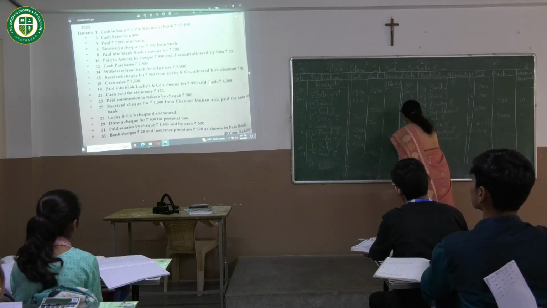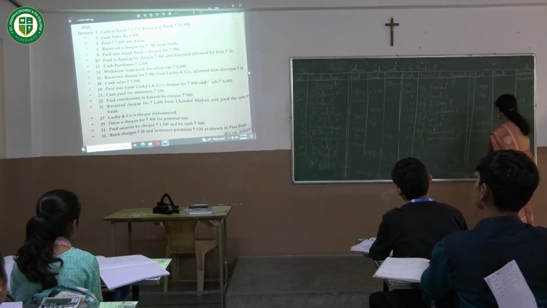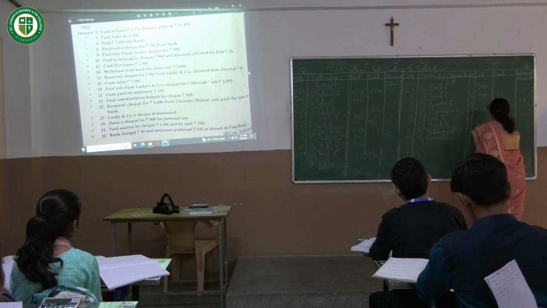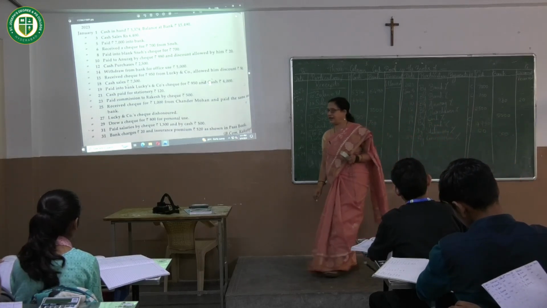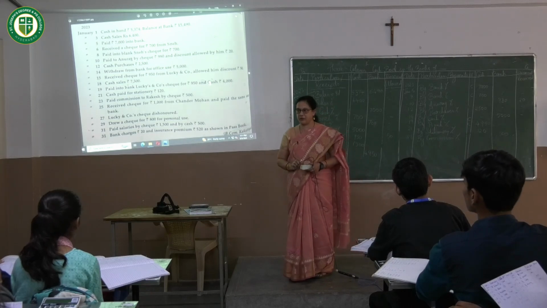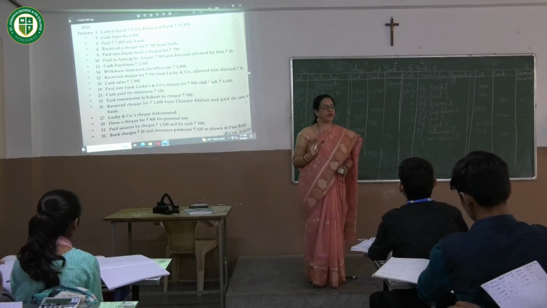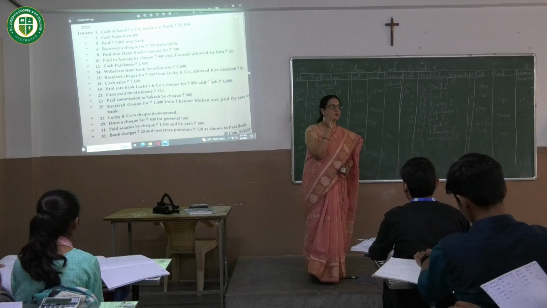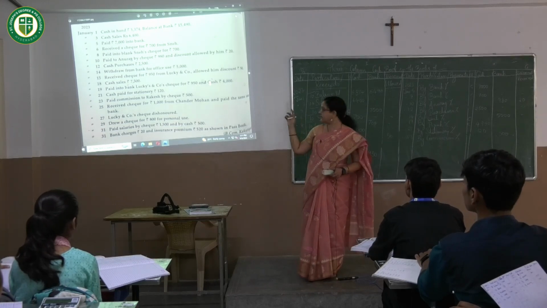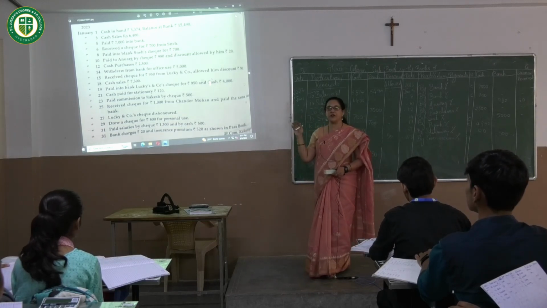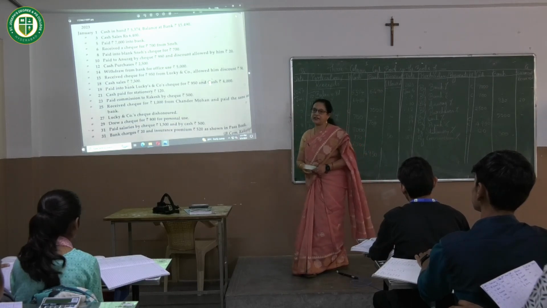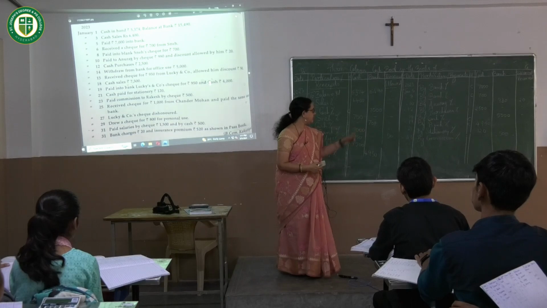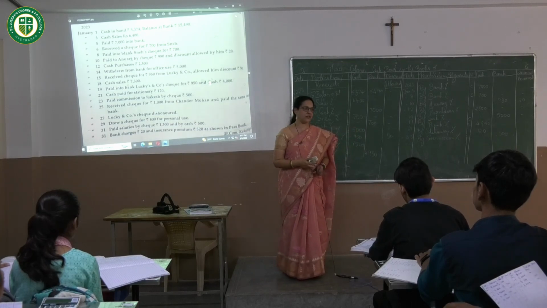Jan 23 by commission account. By bank check you have paid, so in the bank column 500 rupees. Don't make the mistake of writing Rakesh just because it is given there. Whenever expenses are paid, to whom it is paid is not important. It's going to be expense to cash. So what is the expense here? Commission. So it's going to be commission to cash, but because we have paid it by check, we are writing it as commission to bank. So that's why we got it as by commission account. Is this clear?